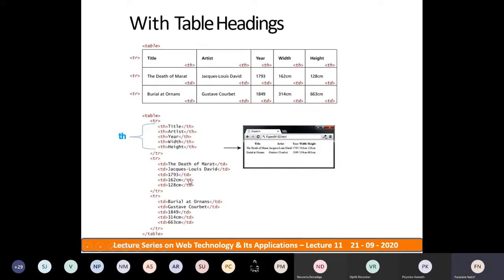Then once the table data is added, close the tr. Again, the next row, that is the third row, tr. With that, 5 elements; 5 elements are nothing but 5 column data, td with the first one the title of the book, then the artist of the book, then when it was created, then the width and height of that book, right? In this fashion, you need to create 3 rows for the table. Then close the table. See, in this also there is no border because again we have not specified a border, right? We'll add the border.